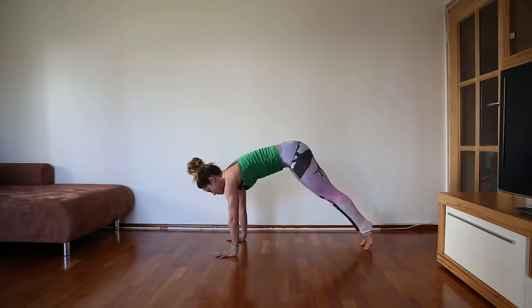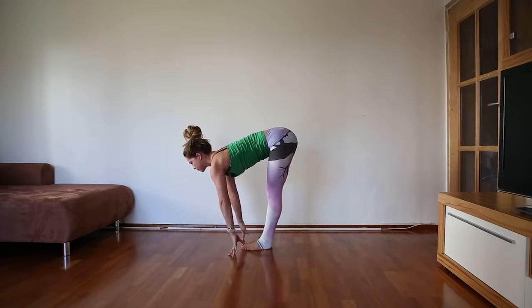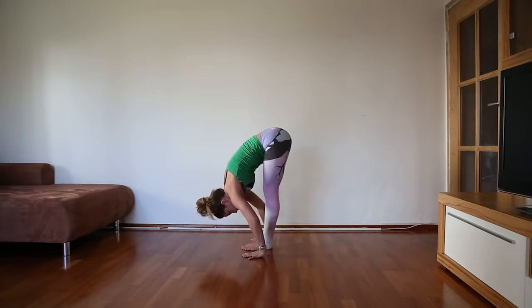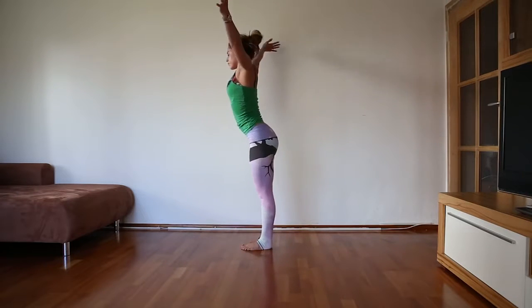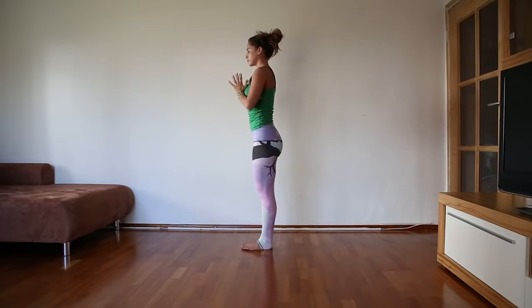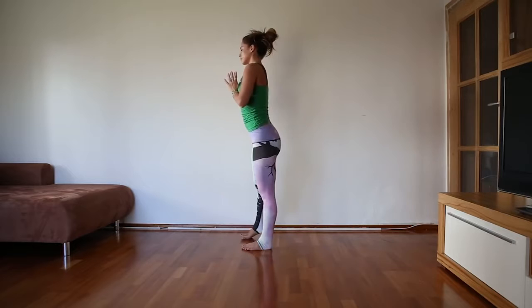As you inhale, bring shoulders over wrists, pop forward, halfway lift. Exhale, forward fold. Inhale, rise up with a flat back. Exhale, hands to the heart. On your next inhale, take a big step